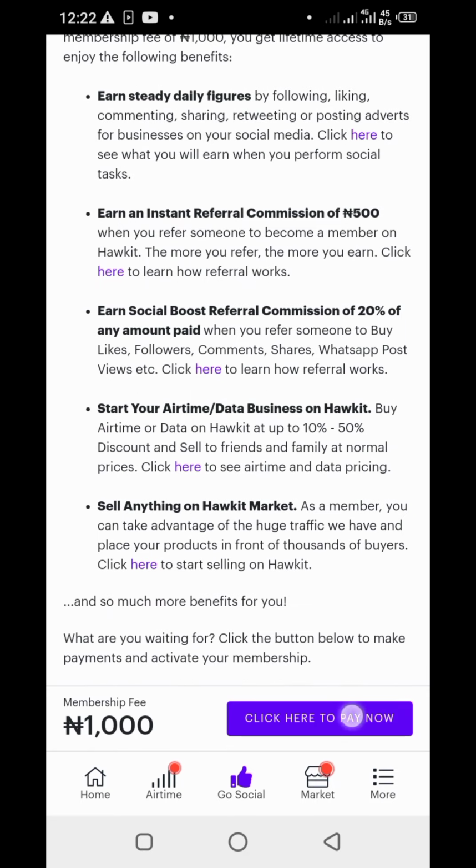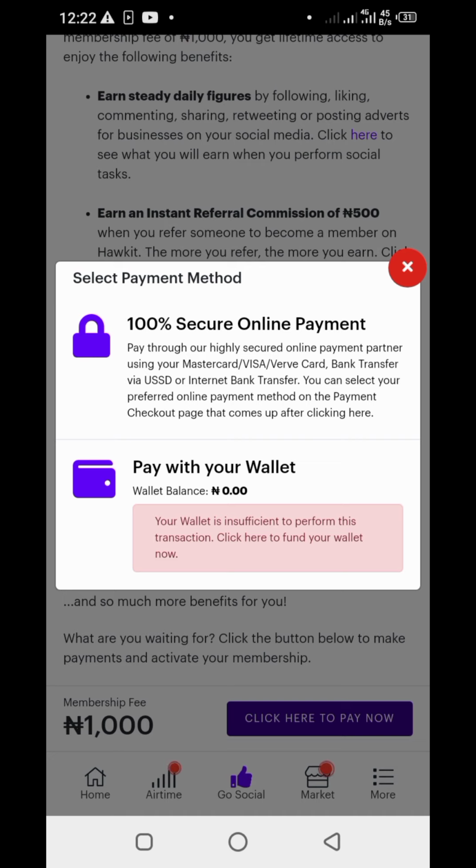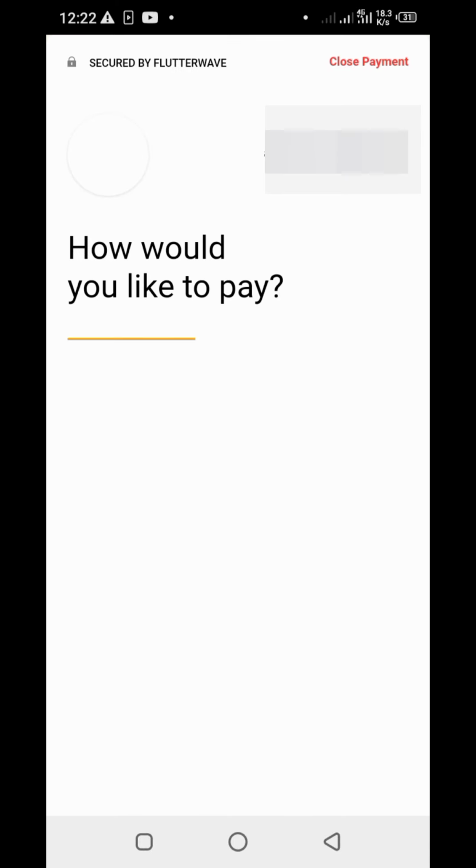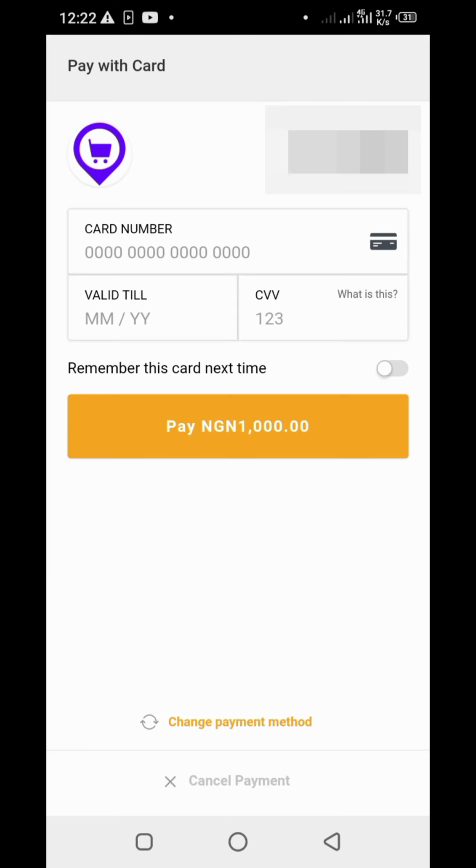Then click here, pay now. You can pay using two methods. You can pay online, or you can pay from your wallet. If you want to pay online, you are going to fill in your card details here and proceed with your payment.